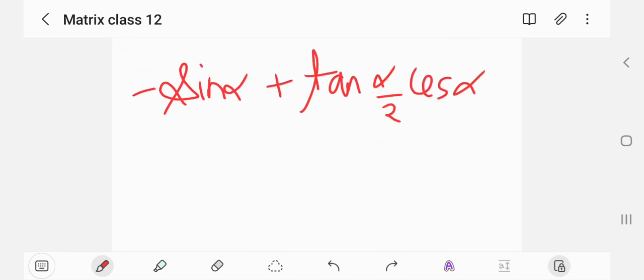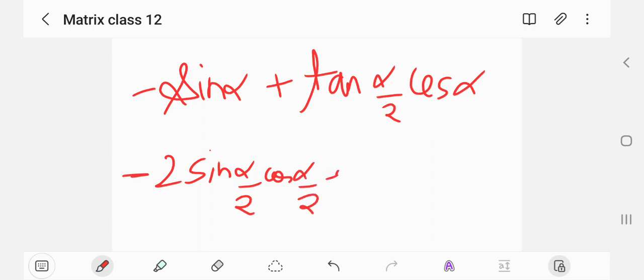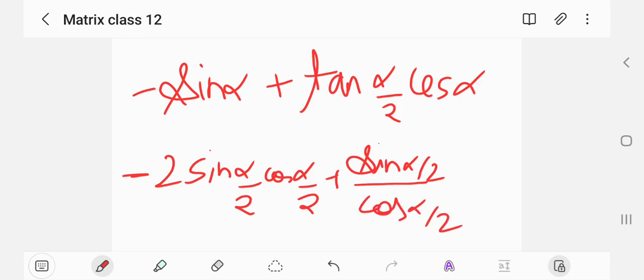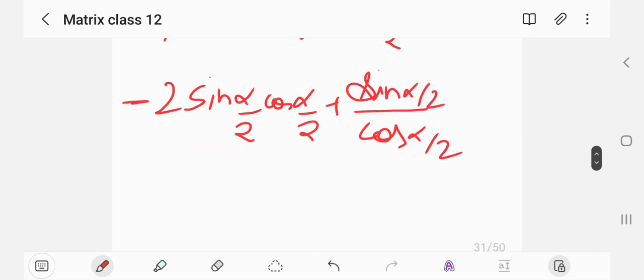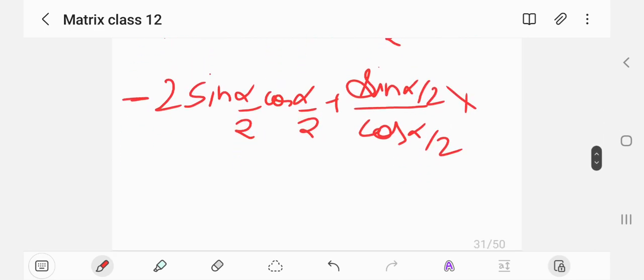So this sine can be written as minus 2 sin alpha by 2 cos alpha by 2. This tan can be written as sin alpha by 2 upon cos alpha by 2, and this cos can be written as 2 cos square alpha by 2 minus 1,